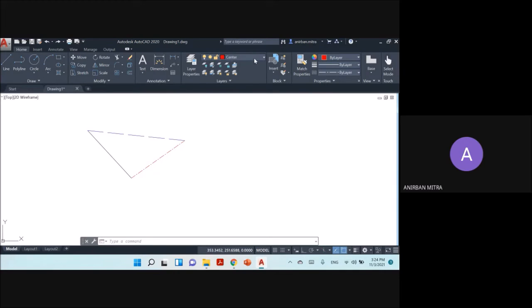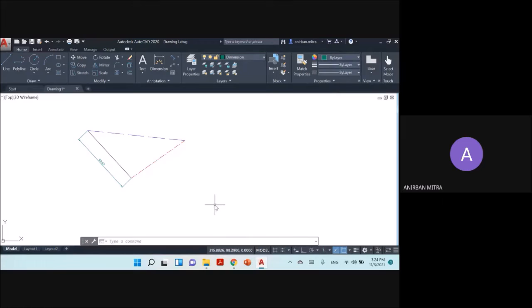You can also go to, say, dimension, make the dimension layer the current layer. Then let's put some align dimension over here. And you can see that this dimension is provided in green.